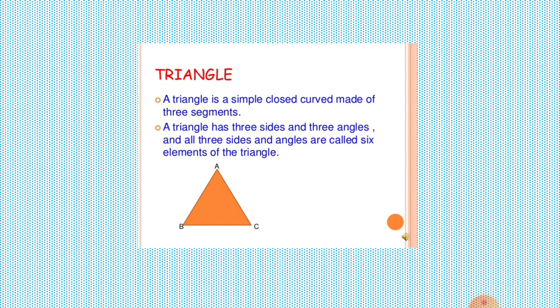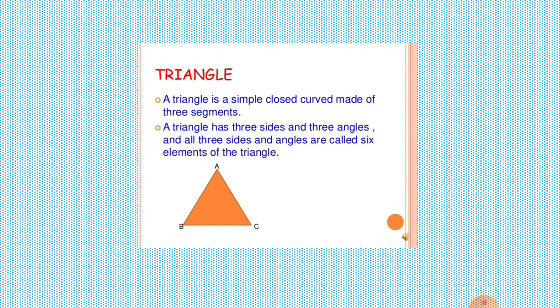Okay. Next, classification of a triangle. What is the classification of a triangle? So there are seven triangles: acute angle triangle, obtuse angle triangle, right angle triangle, equiangular triangle, equilateral triangle, isosceles triangle, and scalene triangle. Okay, what is an acute angle triangle? Already you know the acute, obtuse and right angle triangle, isn't it?